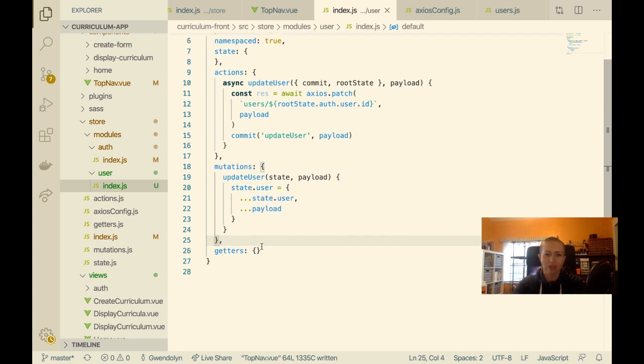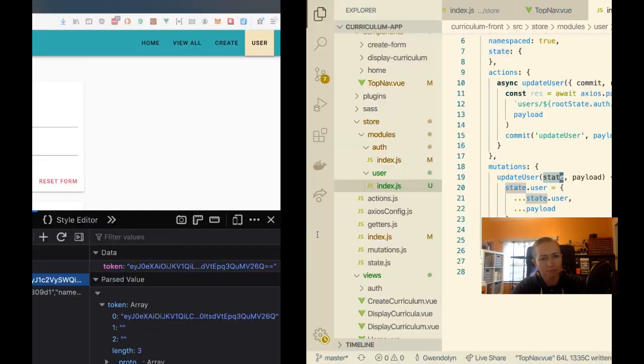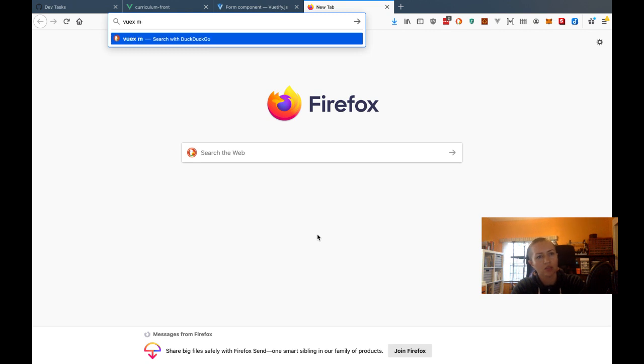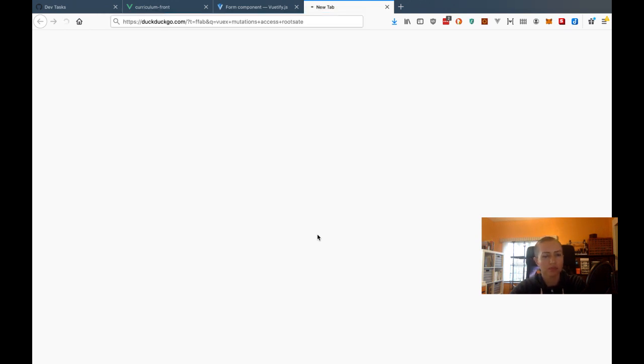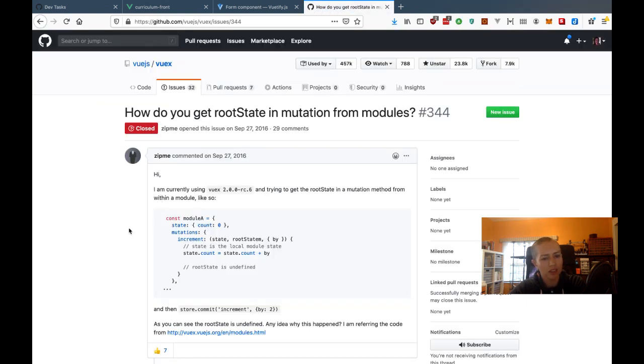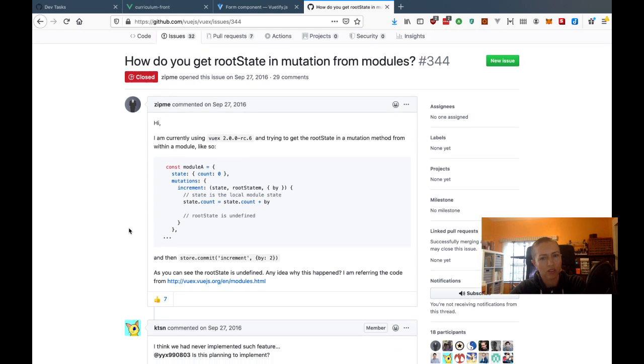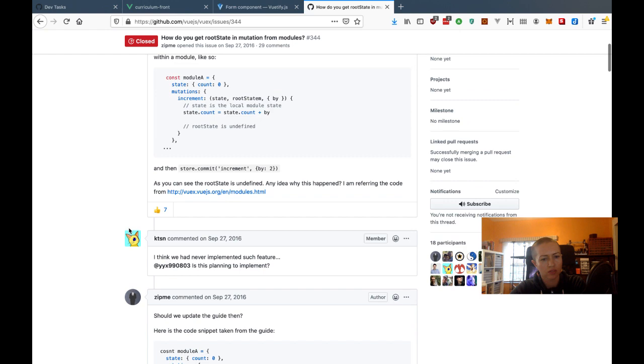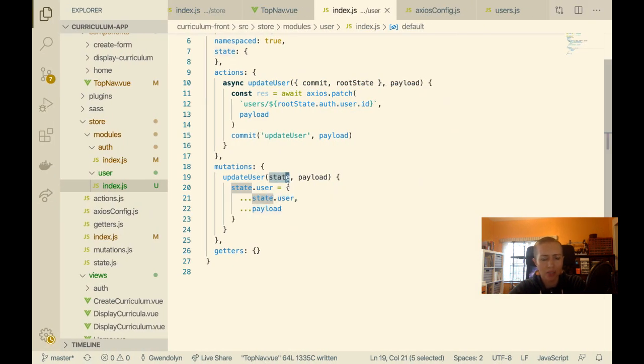Okay, I'm juggling two things in my head right now. Let me first take this update user. So I have state here. How do I get to root state so I can update the user on auth? Let me see. Vuex mutations, access root state. Commit. Oh yeah, that's what I need to do. I can commit to,